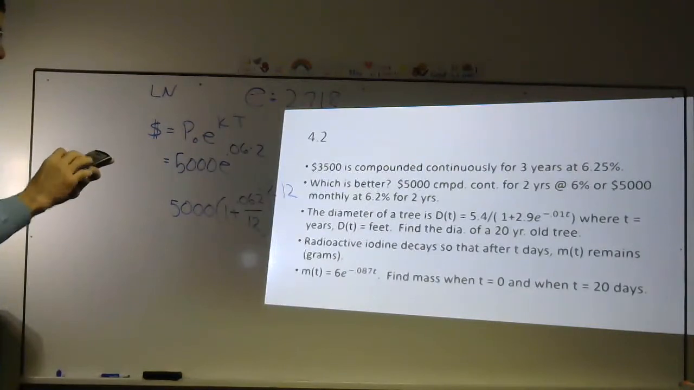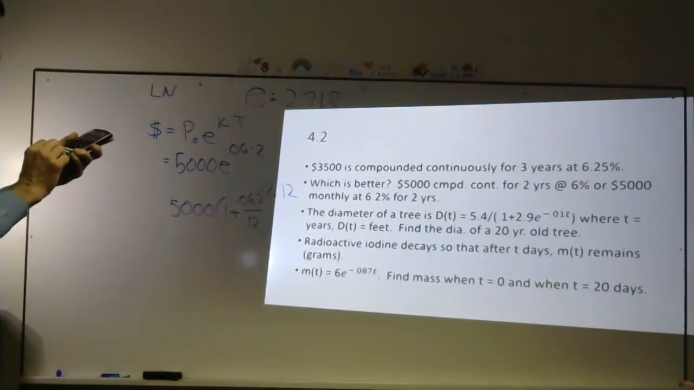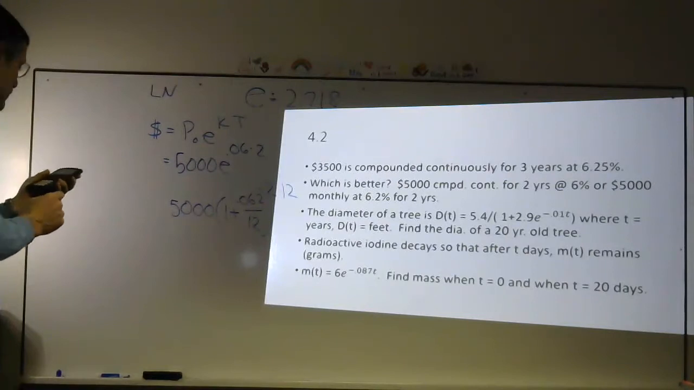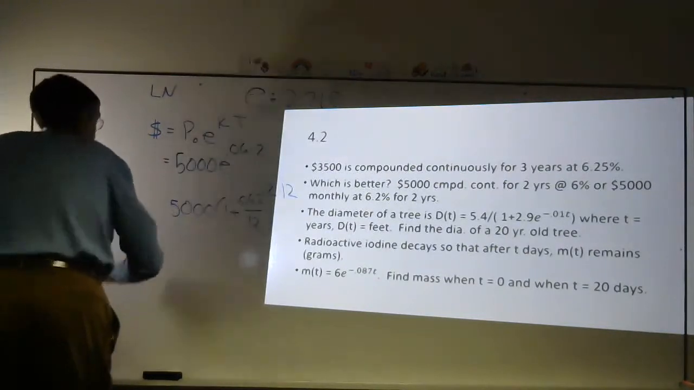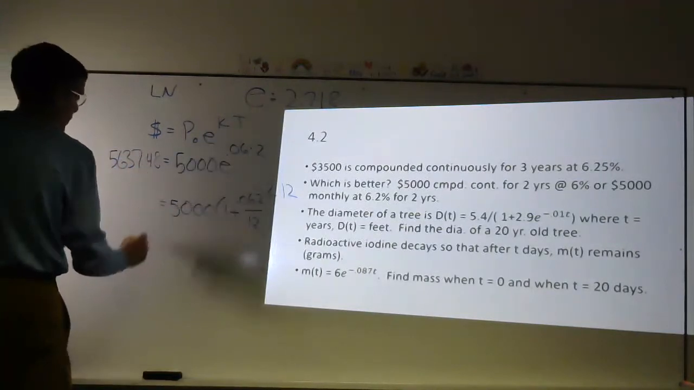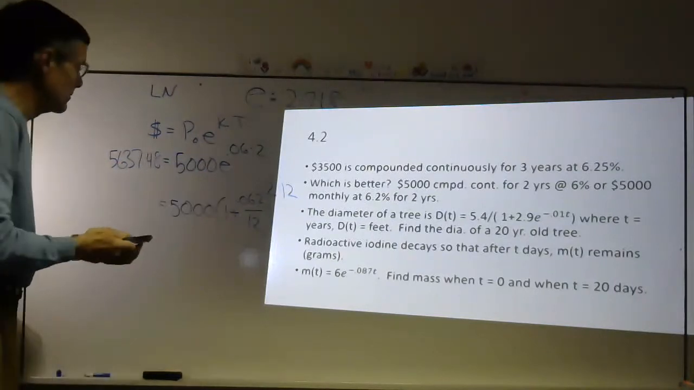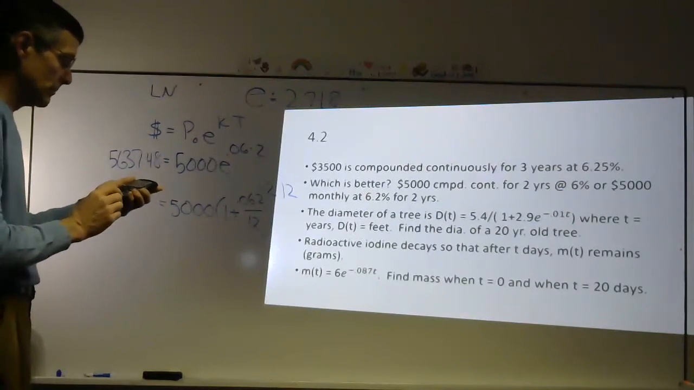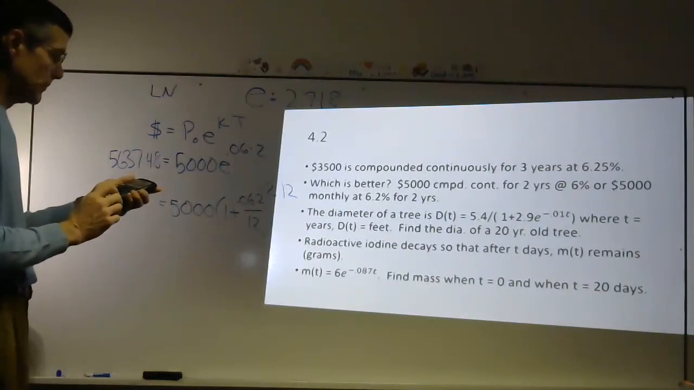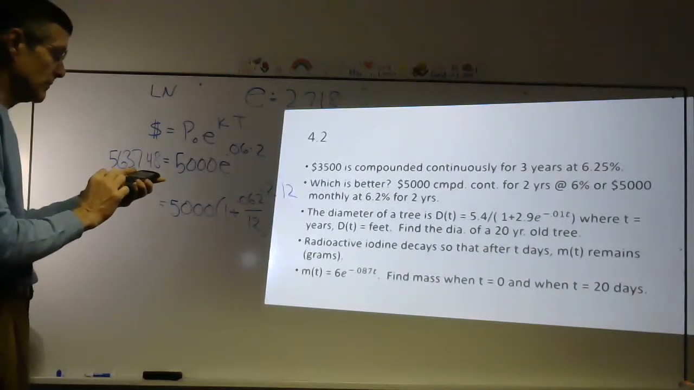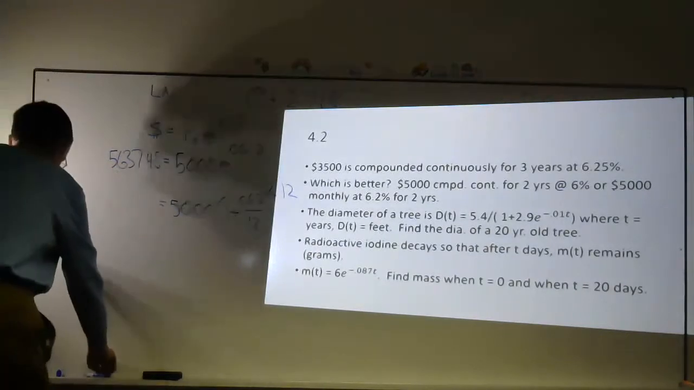All right, so the first one is 5,000 times second function ln to get your e raised to a power, and it's 0.12, which is 0.06 times 2. And I get 5637.48. So let's try the monthly one down here. Remember, I always start in the middle. So I got 0.062 divided by 12 equals, plus 1 equals, raised to the 24th power equals, which is 2 times 12, 24, times 5,000 equals, I get